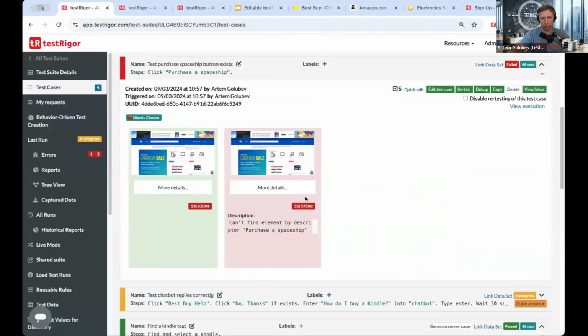And this is the test you would give to your engineers and say, hey, folks, can you please make this work and add the button to the UI which says purchase a spaceship? Not that Best Buy needs that, of course, but in theory, if we were to start selling spaceships, then maybe you would want to promote those spaceships, and you'll have a button on the website, and that's a new functionality that engineers need to develop in order to be able to